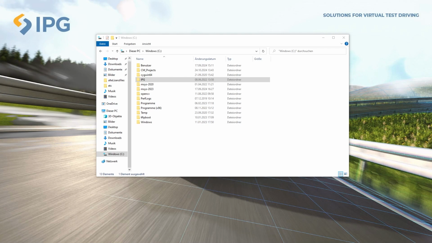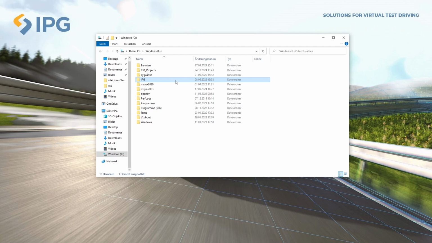After a successful installation, your installation directory will be added to your PC in the form of an IPG folder. The installation directory contains IPG's example data like tests, vehicles, 3D objects, the generic virtual vehicle environment, and everything that you require to be able to build your own virtual vehicle environment, including your own models. Please do not edit this data or make any changes to the folder structure.